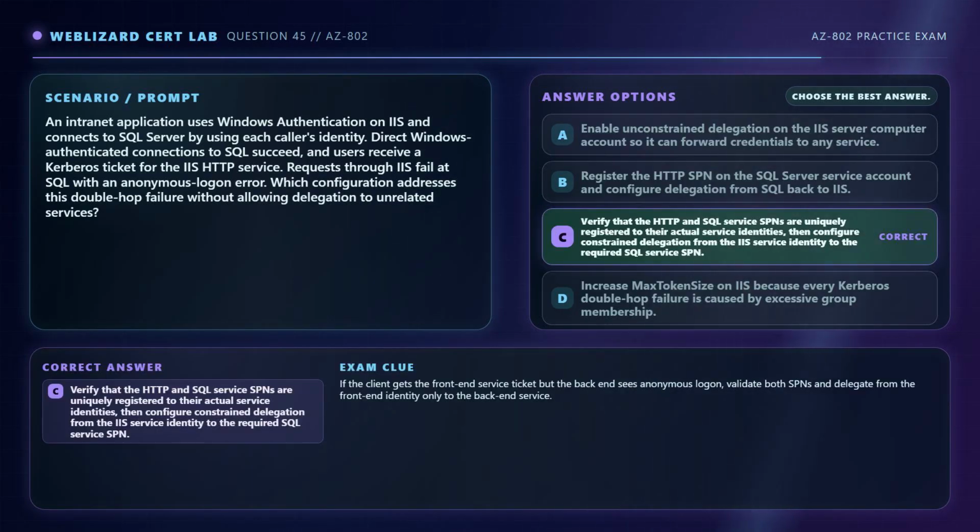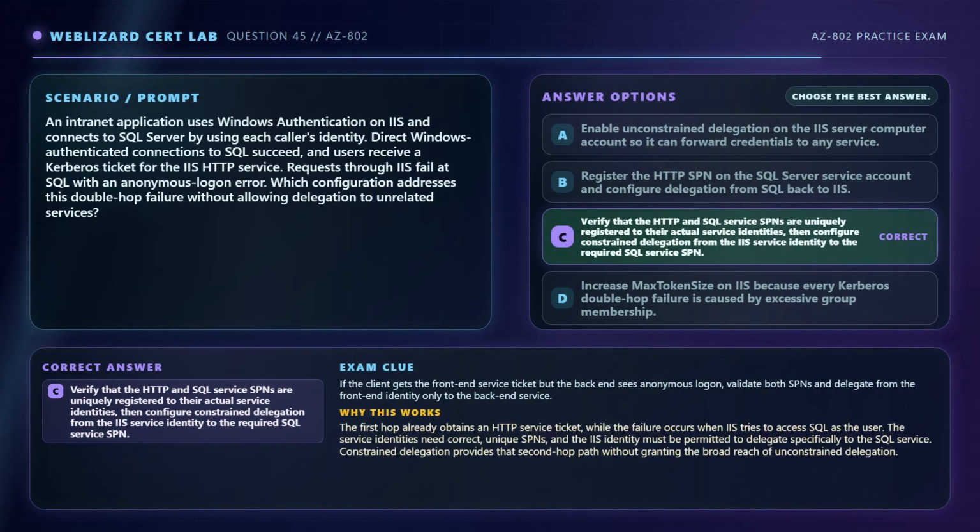The correct answer is C. Verify that the HTTP and SQL Service SPNs are uniquely registered to their actual service identities. Then configure constrained delegation from the IIS service identity to the required SQL Service SPN. The first hop already obtains an HTTP service ticket, while the failure occurs when IIS tries to access SQL as